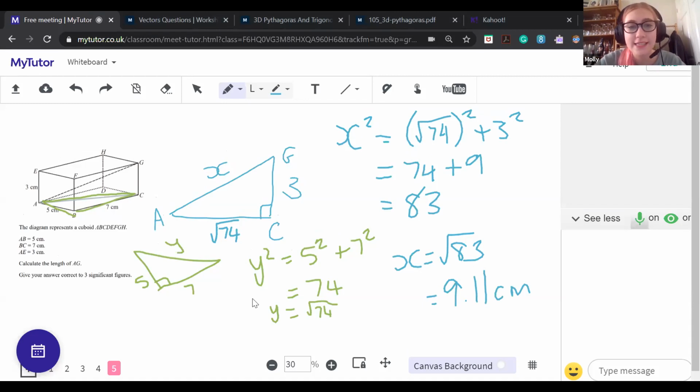So hopefully that makes sense. I am going to hop back into the quiz. I know we've barely done any 3D trig, but to be honest, because we've done all of the trigonometry, we don't need to go over it that much. If we look at all of the questions that we have on here,